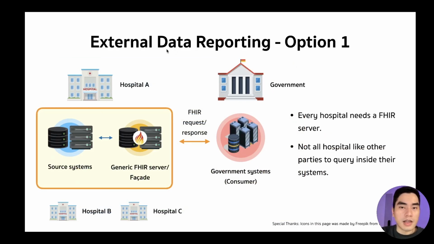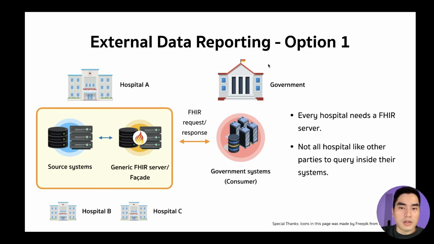Another case is external data reporting. Let's say that you are working for a hospital and there are other hospitals as well, and you have a government agency that you have to periodically send the data to.